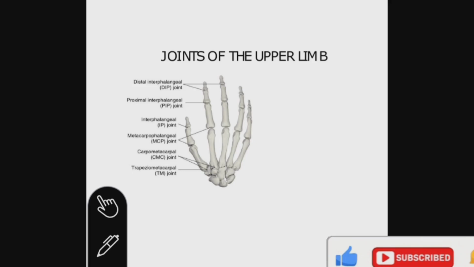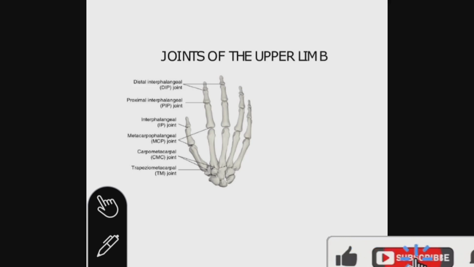The metacarpophalangeal joints are joints between the metacarpal bones and the phalanges. So this is the MCP joint. They form your knuckles. So these are the metacarpals and these are the phalanges. Right? The MCP joint is where the hand bone meets the finger bone, and that's why you call them the knuckle. These joints are very important as they allow us to bend, flex, and spread our fingers. It's a condyloid joint. Then we have the interphalangeal joints, which are divided into two: the proximal interphalangeal joint and